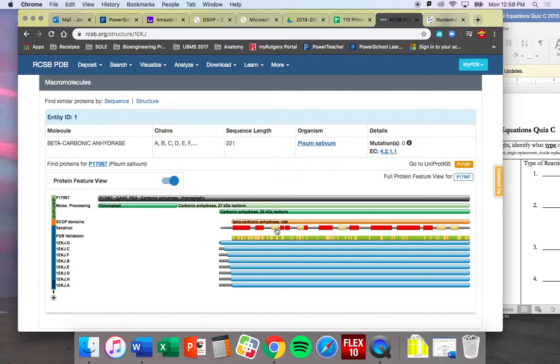You could use that to figure out how many beta strands and how many alpha helices are in it. The red are the beta strands, the tan are the alpha helices. So 1, 2, 3, 4, 5, 6, 7, 8, 9, 10 beta strands, and